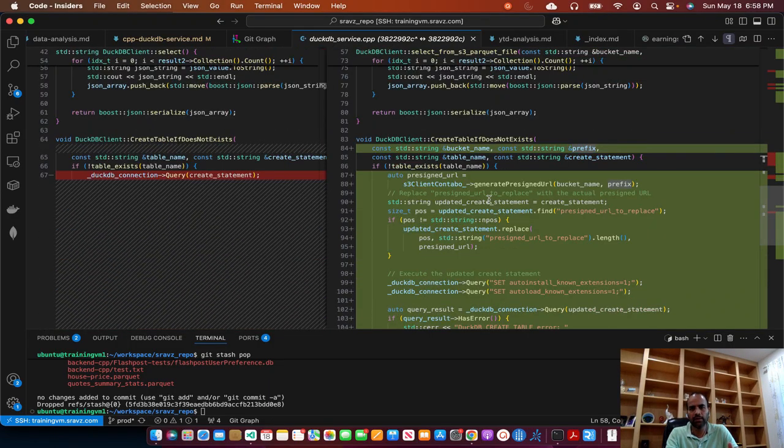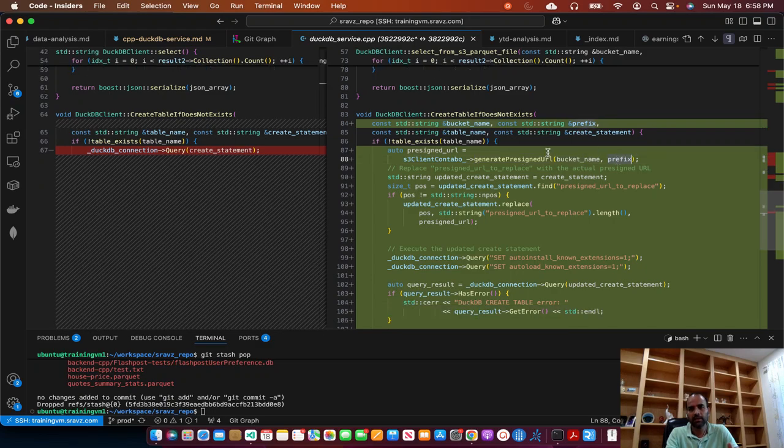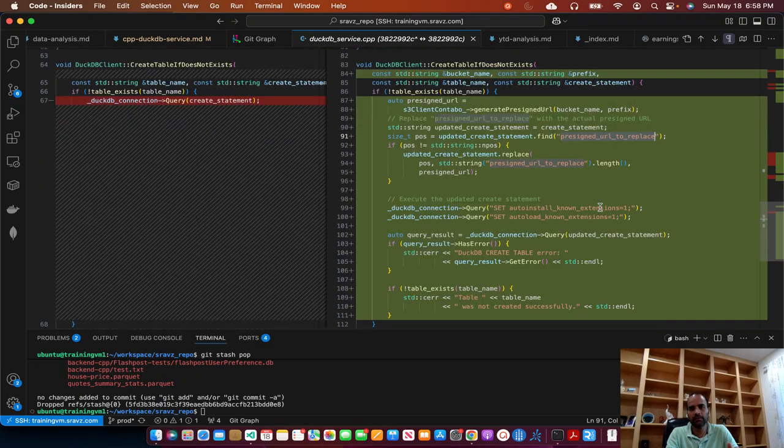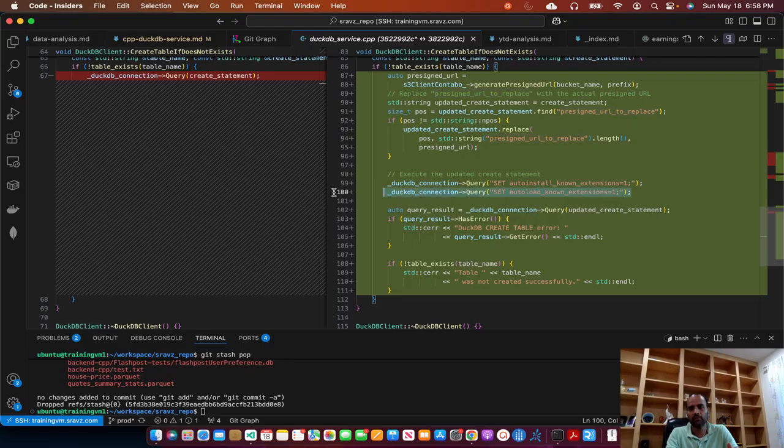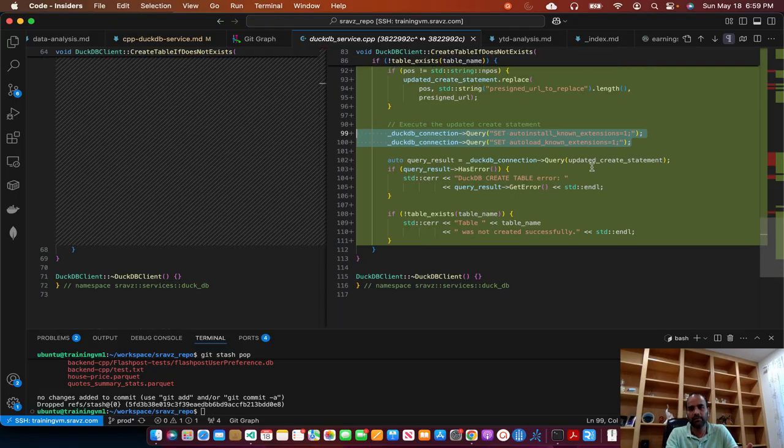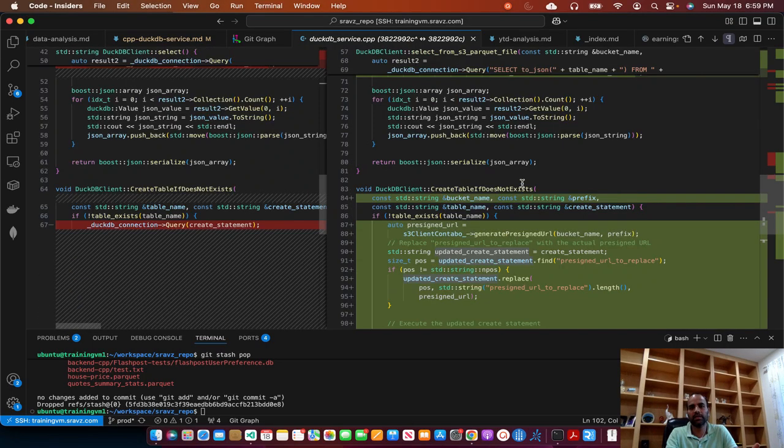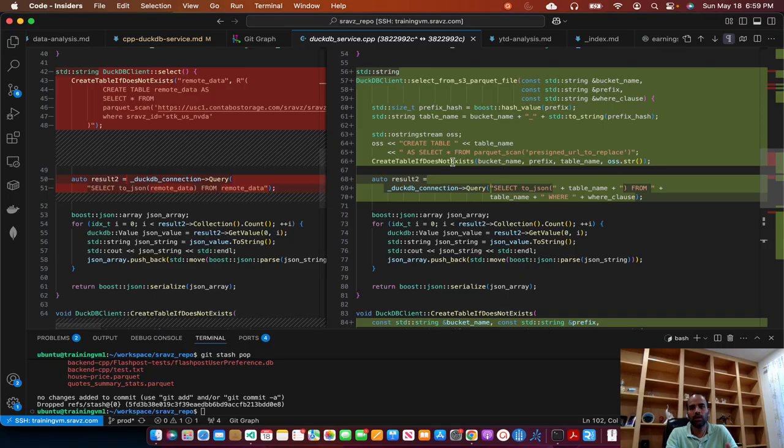So this is where we are doing all that. We get the pre-signed URL for that bucket name and prefix, and then using that pre-signed URL, we'll set these auto extension options to 1. I'll check if these are needed or not. It's there, right? And then we'll update the create statement, and then we'll create the table, and then we'll display that the table has been created. Once we create the table in memory, then we do select to JSON and select from JSON, and